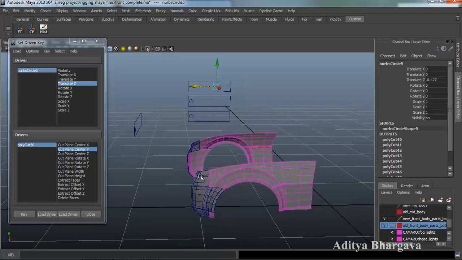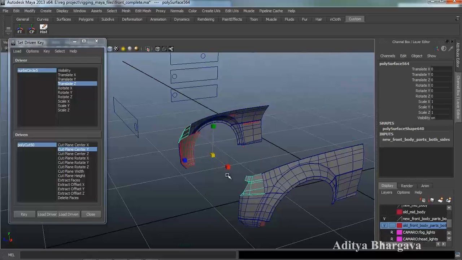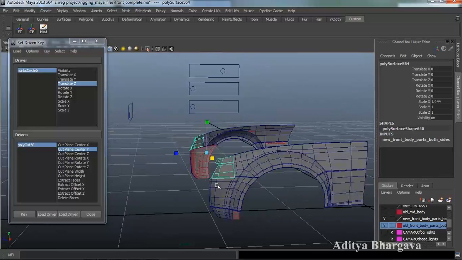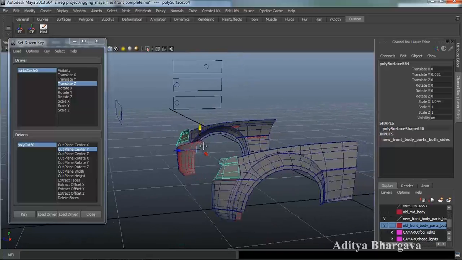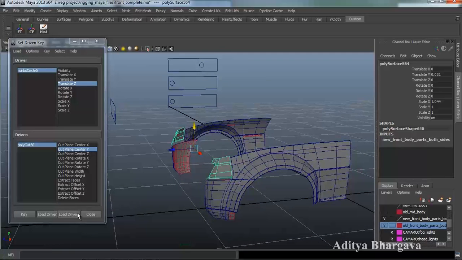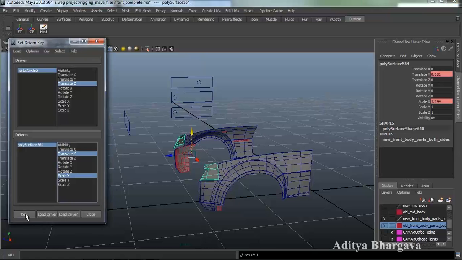Till this much place. We'll press R, we'll make it outwards over here. Press W, make it upwards also. So that would be translate Y. For that we'll make it driven, translate Y, scaling X, press key,